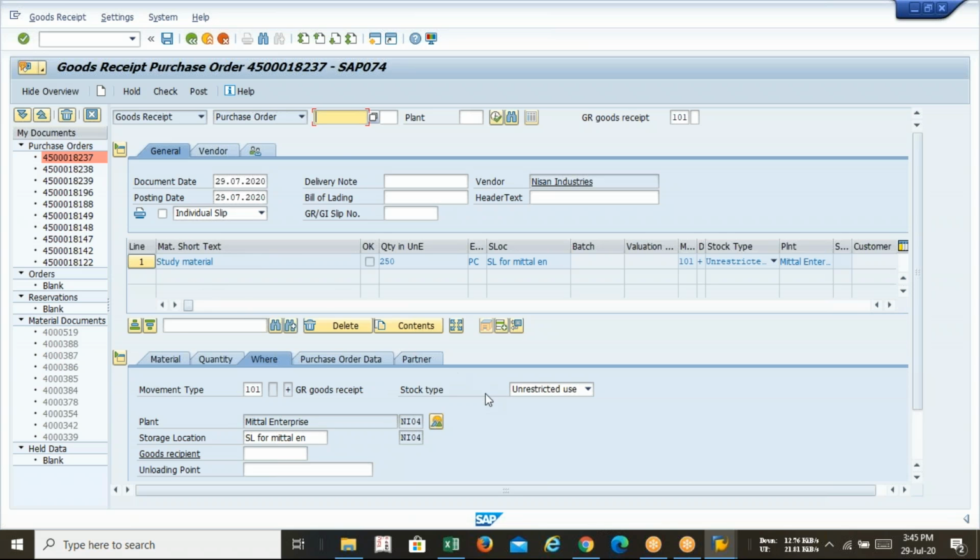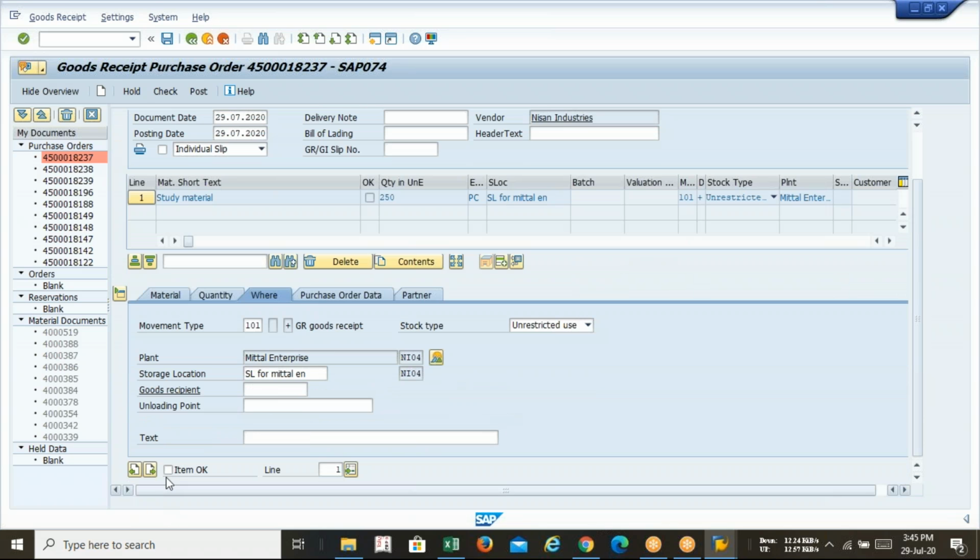This one, study material. Okay. Yes, sir. Now, okay. Recipient, I'm typing Kolkata. Just typing. Check. You can see, and post.